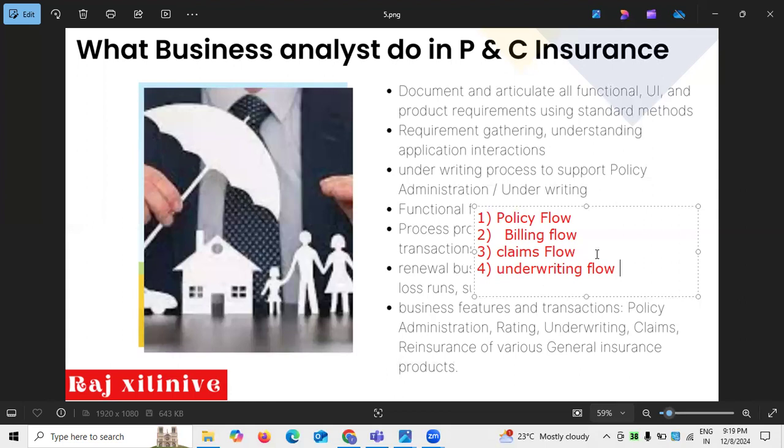Rating configurations and all will be done in the back end. That is not something relevant here, but at the end of the day, it is the rating structure. At the same time, not only rating, there are some people, middlemen I can say, agencies and brokers, who will be